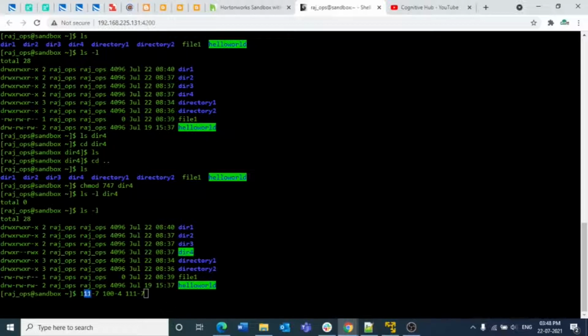And similarly the next one. Basically RWX are the positions, and if one is enabled then it should be 1, if it is disabled then it should be 0. So if you consider 7 here, R is enabled, W is enabled, and X is enabled. That means all the read, write, execute permissions are enabled. That is the reason why we have all ones here for user. Similarly, if you consider the second one, we have enabled only the read option, but we disabled the other two, the write permission and execute permission. That means we have only read permission but not write and execute permission for